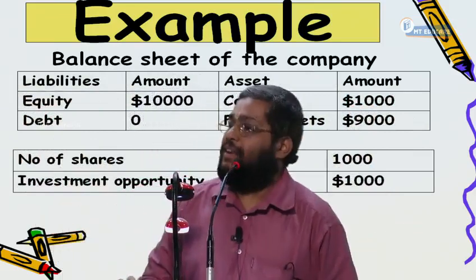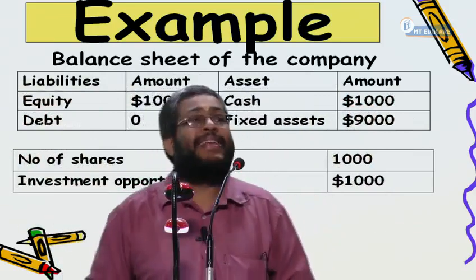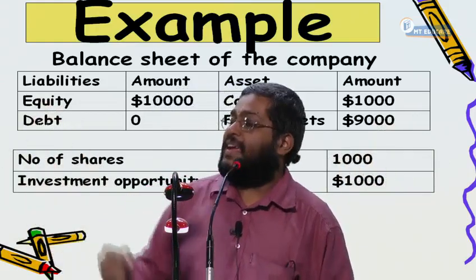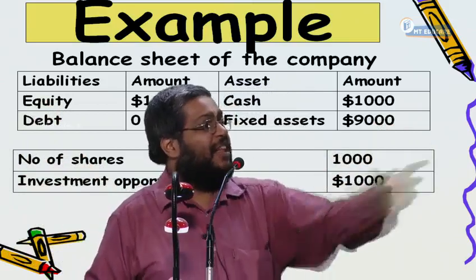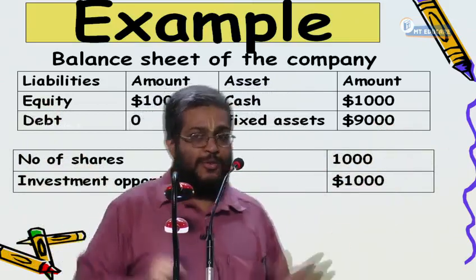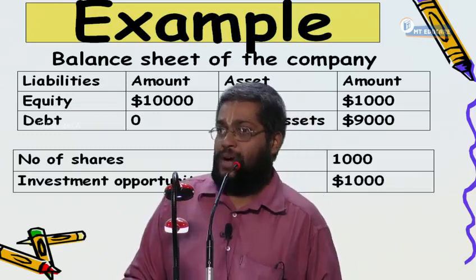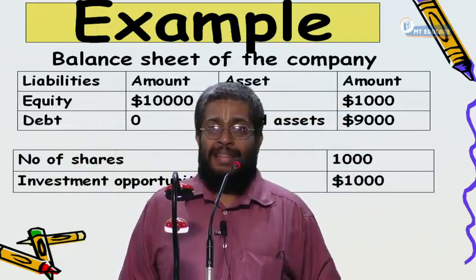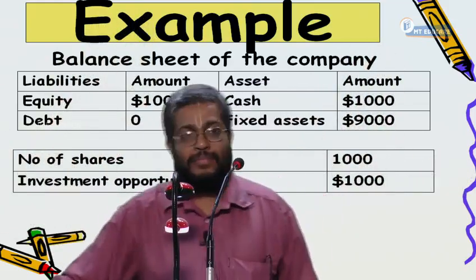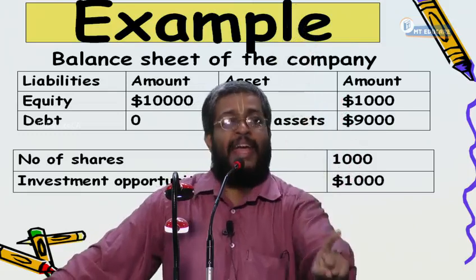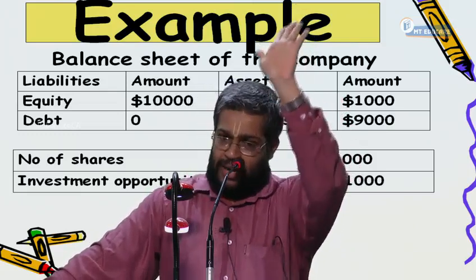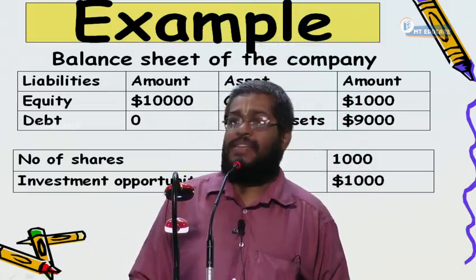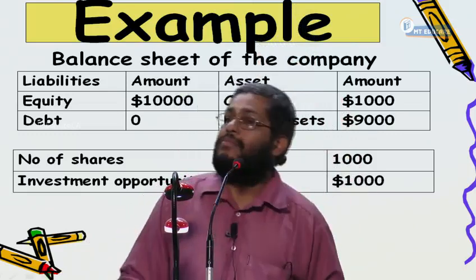It is the wealth of the company, right or not? In this case, what is the market capitalization of this company? 1,000 shares are trading at 10 rupees. The cap is $10,000, the wealth of the company. Are you following or not? So this balance sheet we call the market value balance sheet. Understand that in the world, really, there is nothing called liability. In the entire world, only one item exists: there are only assets. There is no liability. Don't say the equity share is a liability, it is also an asset. Understood?